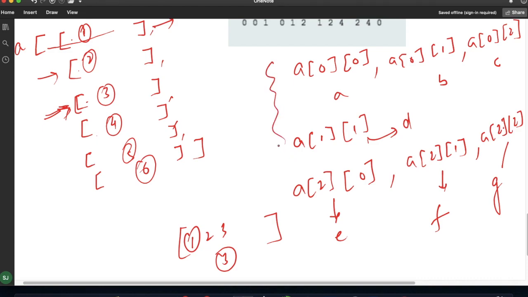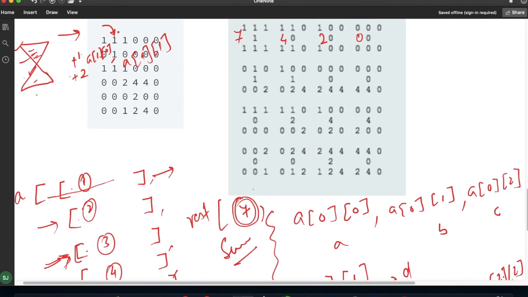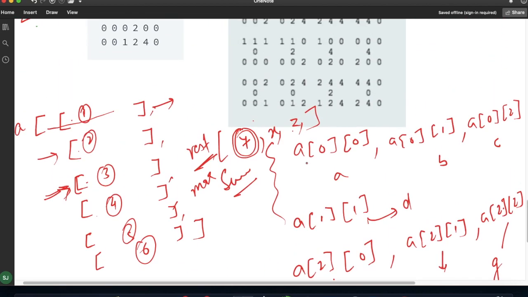Now if I simply sum all these values, it will give me one single value, suppose 7, the very first. I will save this in another list, the resultant list. Then I will iterate from the second element, again get A, B, C, D, E, F, G, and save this value, suppose Y, again suppose Z, and at last from the resultant list I will calculate the maximum value. Let me write the code, it will become more clear over there.